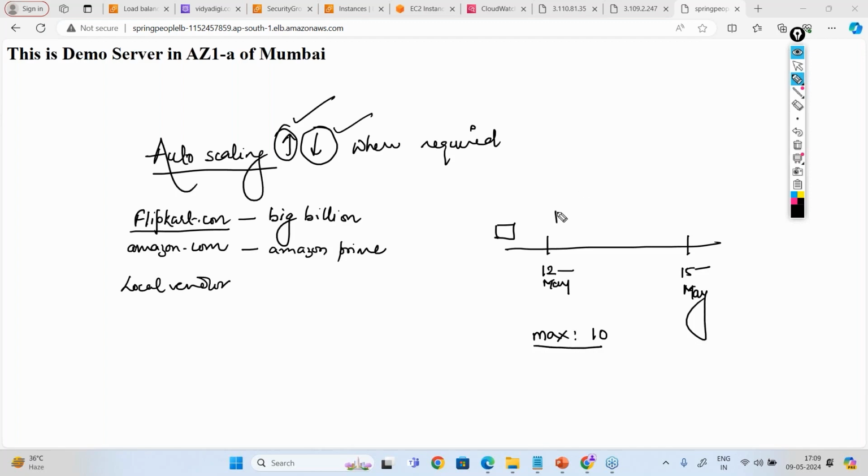Fine. Now let's imagine all 10 servers came into the picture from 12 to 15. Now imagine a worst case scenario that on the 15th, let's say on the 16th, traffic becomes 0%. So it will scale in also. Then it will start discarding servers, deleting, terminating servers. So it might delete all the servers. Sale is over, but Flipkart is not over. Amazon is not over. So if every server is deleted, what will happen if traffic comes? In order to avoid that, we have to put some minimum value. So a minimum cap, let's say minimum 2, or let's say minimum 1. So 1, I have put a cap.